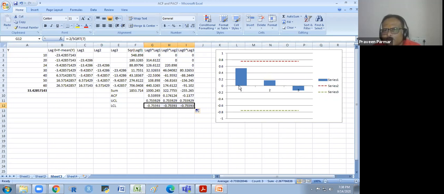So we have to remove those observations which are above this. This is given here. It will always go in this way, and this is for the ACF. Does that make sense to everyone? How we find out the ACF?